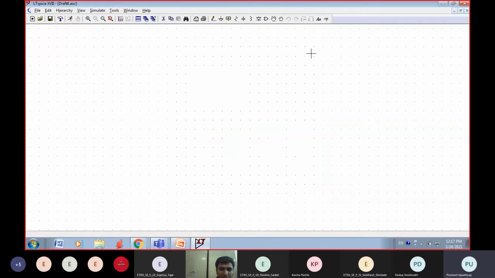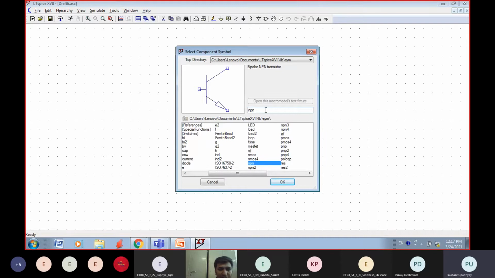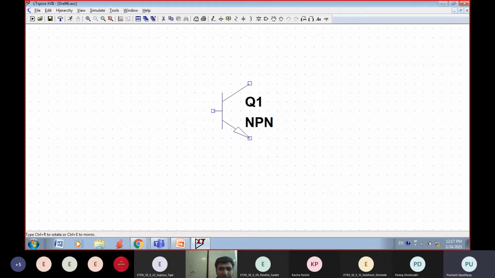So from this schematic platform, I'm going to build my first circuit, I mean your circuit. You can see here there is a component bar, a component icon that looks like an AND gate. You can click it and here you can get your BJT transistor. Let's see, I want to have an NPN transistor, and after that I want to build a circuit around it.